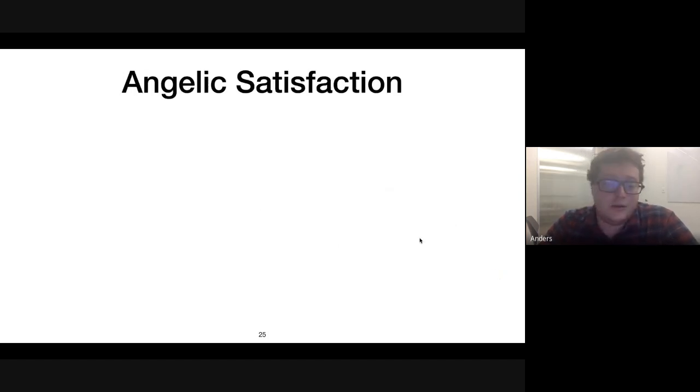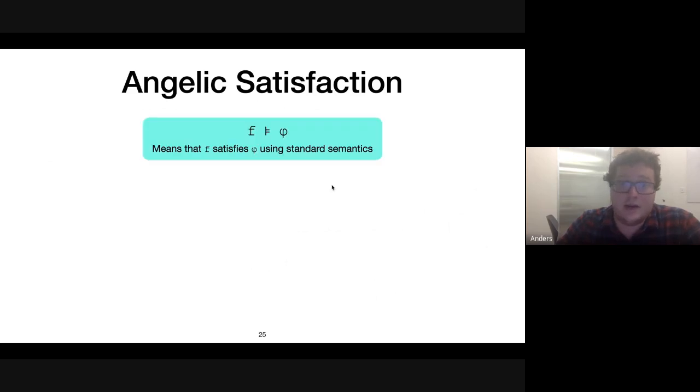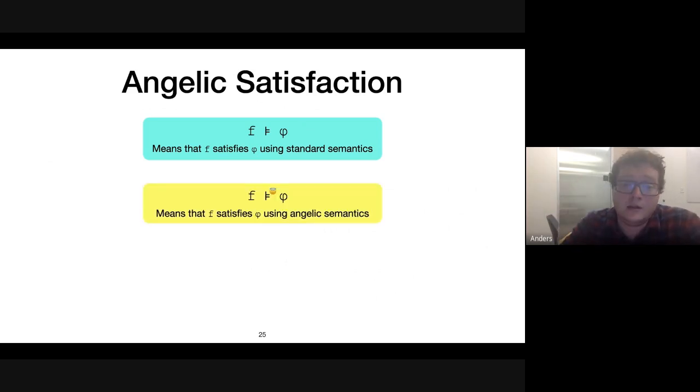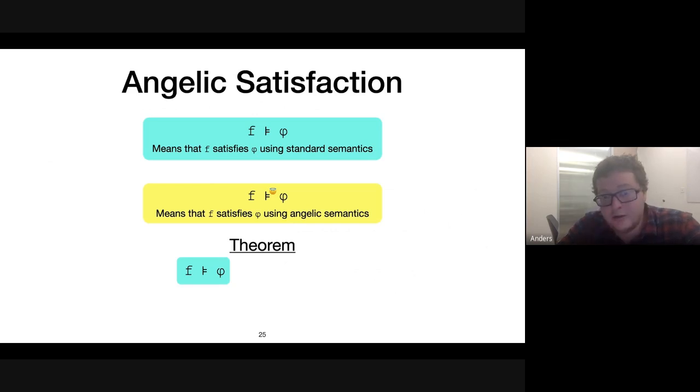I want to formalize what angelic satisfaction of the spec is. We had a prior notion which said that it satisfies using standard semantics, so using standard semantics, it evaluates to true. In this one, we're talking about the same thing, but under the angelic semantics. And we have a theorem relating the two. Namely, if you satisfy using standard semantics, that means you also satisfy using angelic semantics.